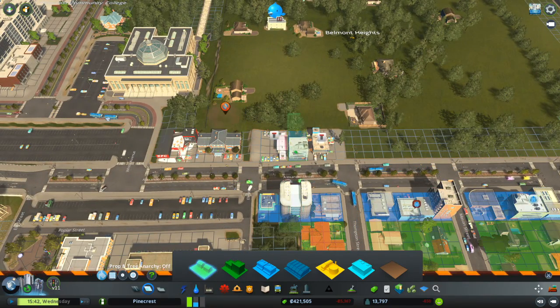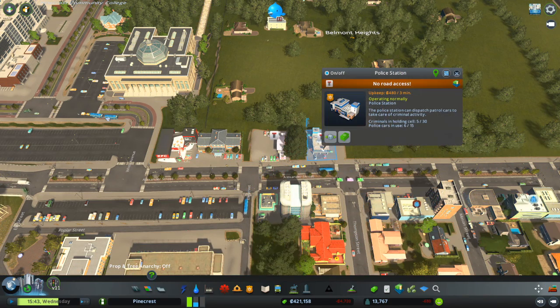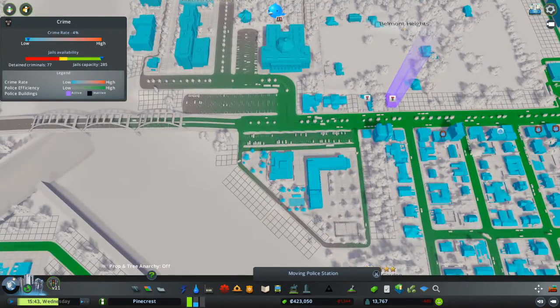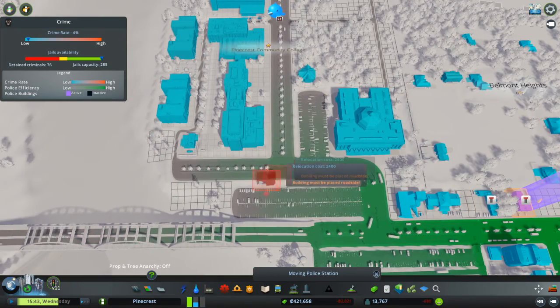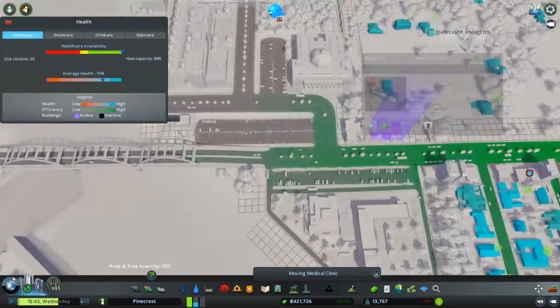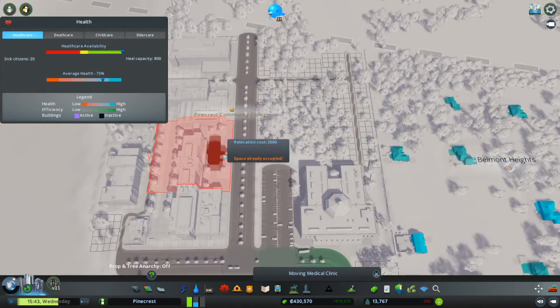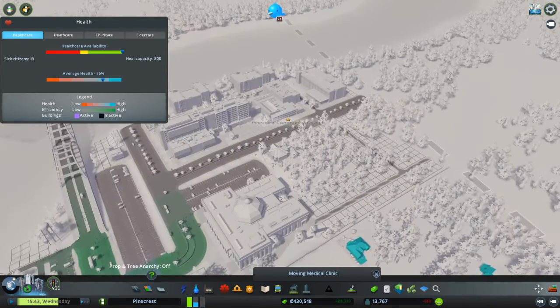And then we have some services here. Oops, that is not what I wanted to do. So let's see, we have a police station, which we can move. Let's move it over here, and then we'll also move this clinic over here. The students need a nice clinic. Cannot build on water. You're right, we can't. That needs to be...